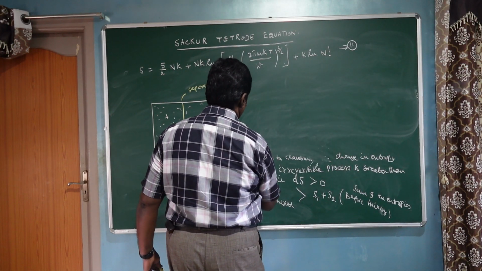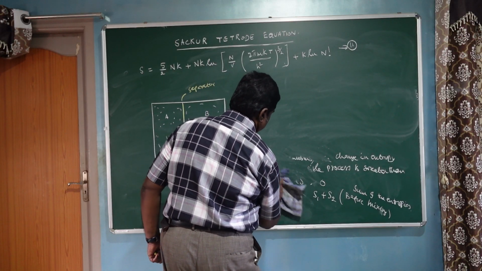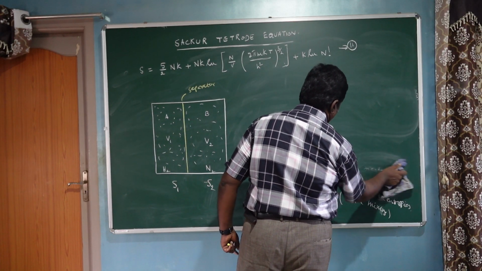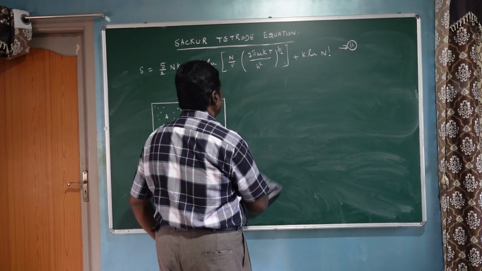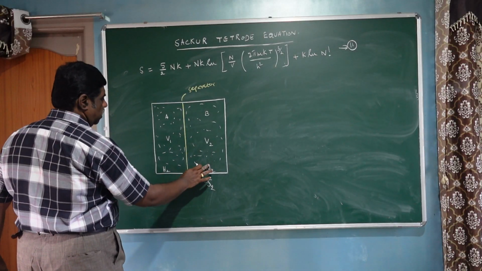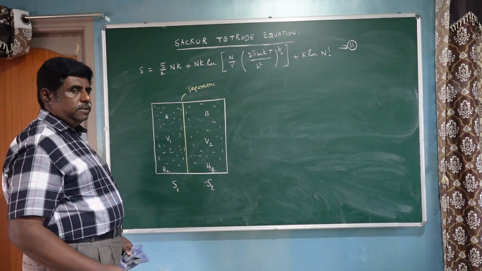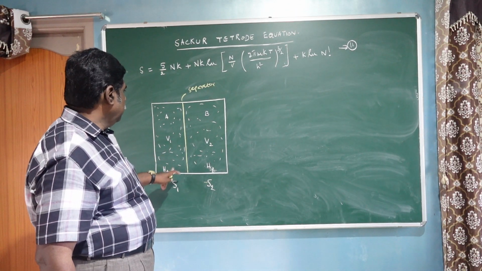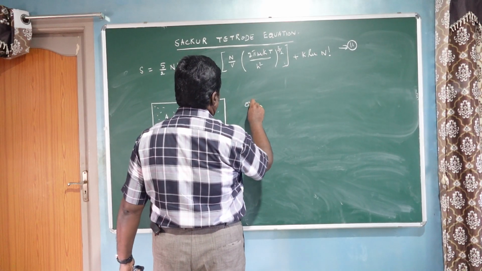Suppose the two compartments are mixed with the ideal gases. That means identical gases. Not ideal, identical. Identical means both of them are either hydrogen or nitrogen. A is filled with hydrogen, B is also filled with hydrogen. Now we may write on